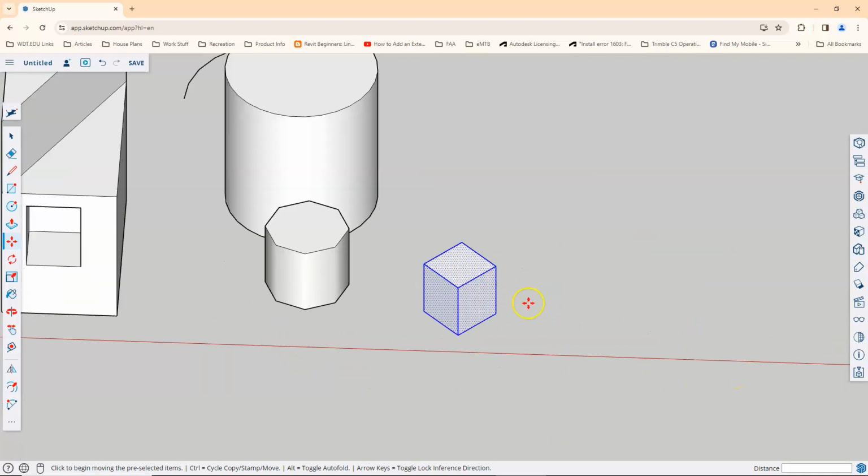If I want to move it a specific distance, it's the same method as drawing a line of specific length. I pick my first point, move my cursor, and type in the distance, 25 feet. Enter. So you'll notice that moving's pretty easy, and you can move a specific direction and a specific distance. You can also move by